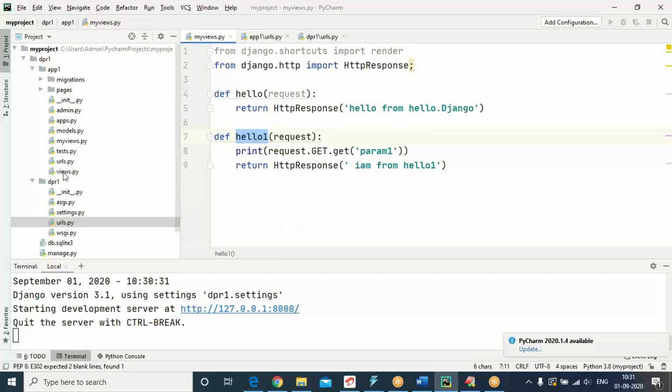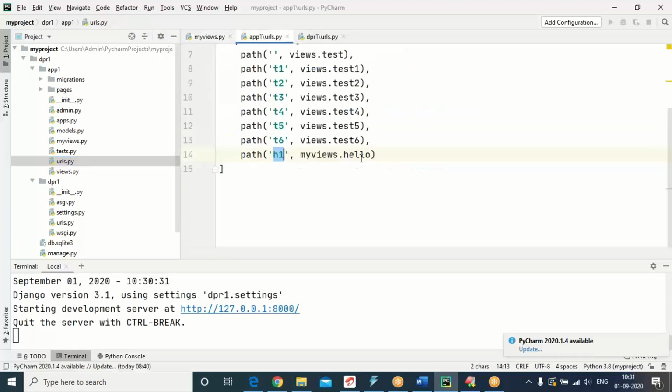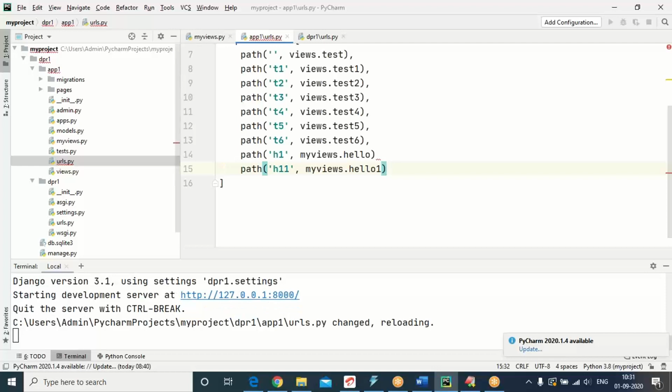Now, let us assign one URL to hello1. Go to urls.py. Let me go for path. I'm choosing h11, with my views.hello1. That's all.